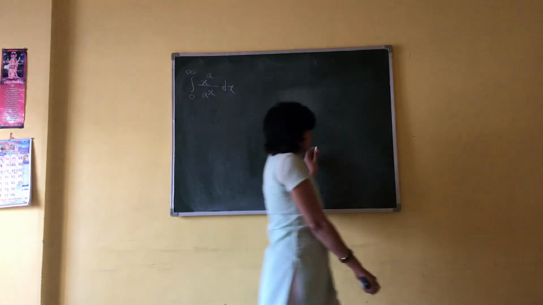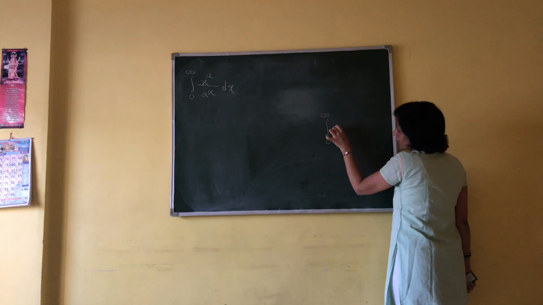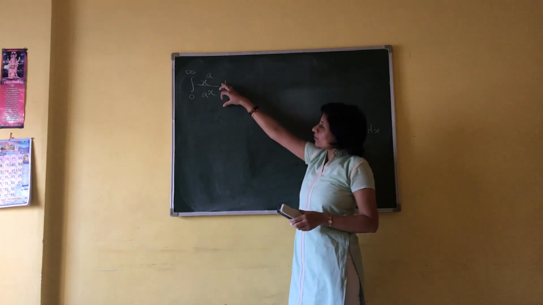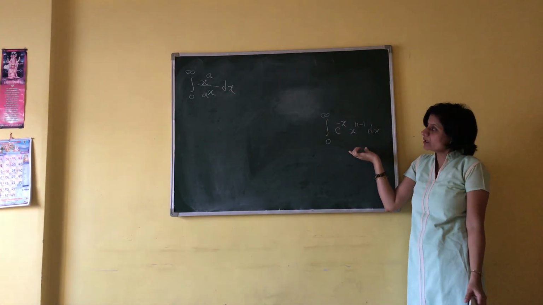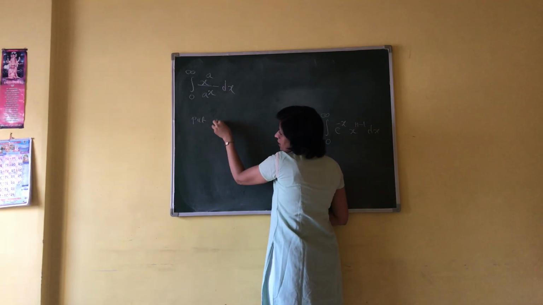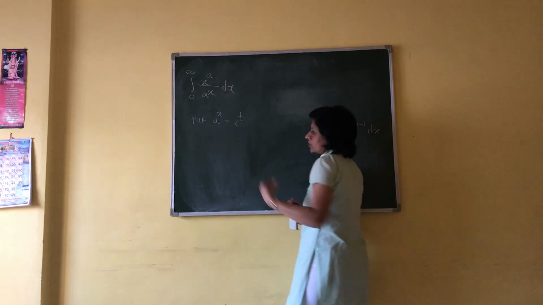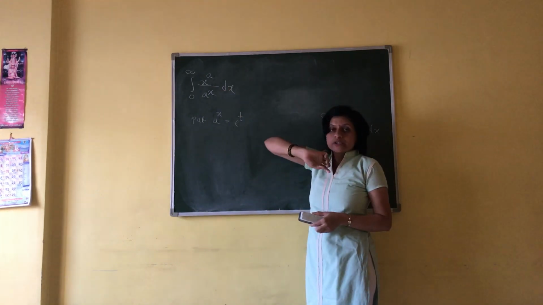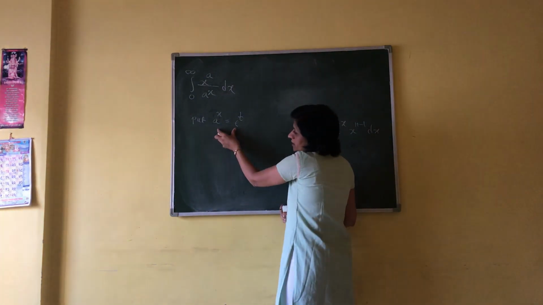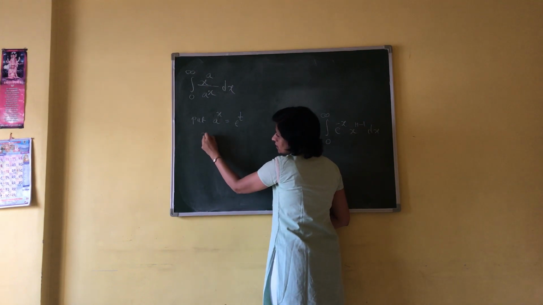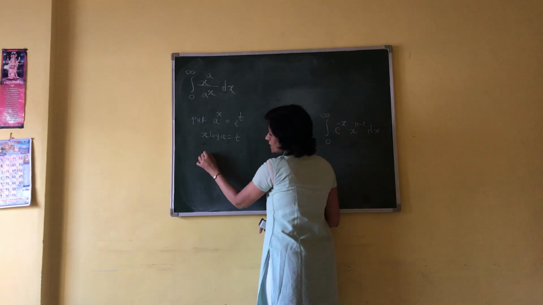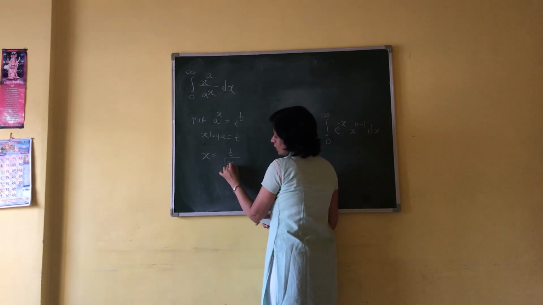But what is your definition of gamma? Integration from 0 to infinity e raised to minus x into x raised to n minus 1 dx. So you have to bring the integral into this form. So put constant raised to variable, a raised to x, is equal to e raised to t. So 1 upon a raised to x becomes 1 upon e raised to t, and 1 upon e raised to t means e raised to minus t. Then simplify this equation, that is taking log on both sides, x log a is equal to t log e. Log e is 1, therefore x is equal to t upon log a.